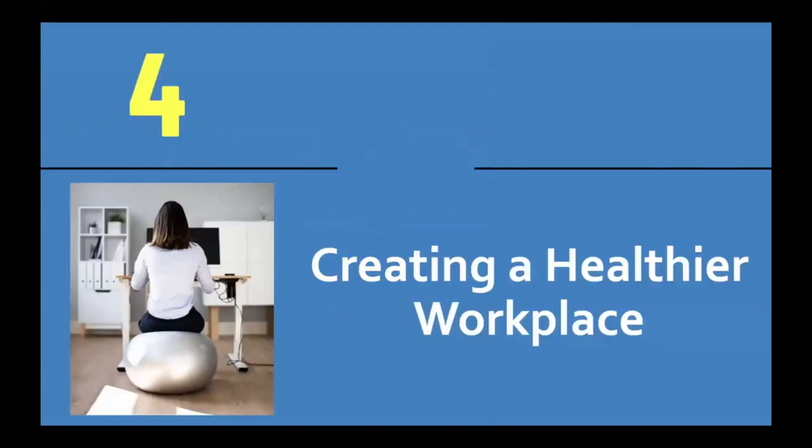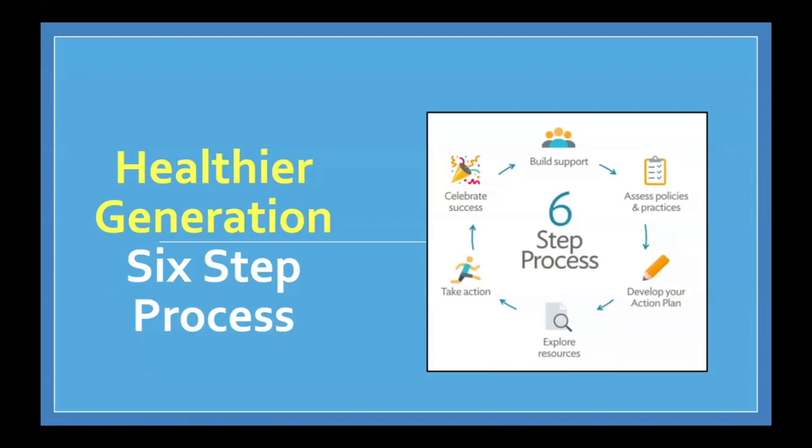We come into section four, creating a healthier workspace. Healthier Generation has a 6-step process to be able to create a healthier workspace. So the first one is to build support, then assess policies and practices, develop your action plan, explore resources, take action, and celebrate success. So with this, I'm going to share with you some of the different parts of the assessment